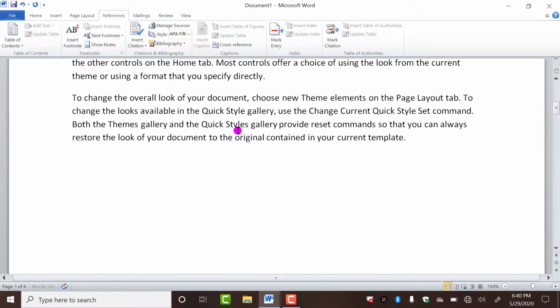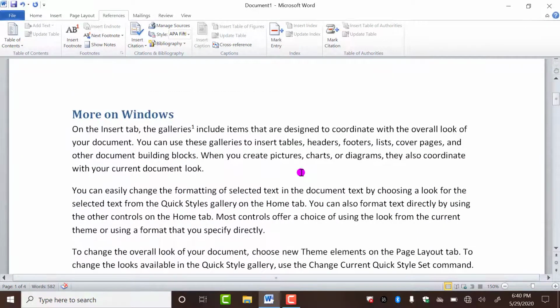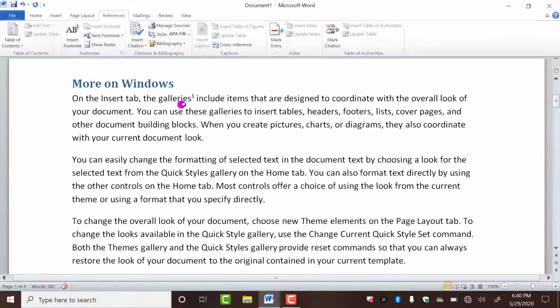So what is the main use of it? Look, as you have inserted the footnote, you can see the number 1 written here. And as you hover your mouse pointer on this, you will see the two names written here: art gallery, home gallery. You don't need to go to that footer. This is the main use of footnote.